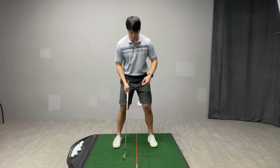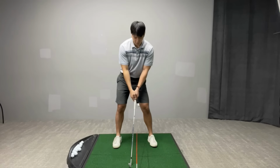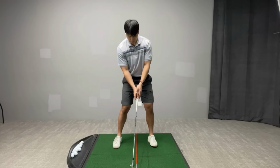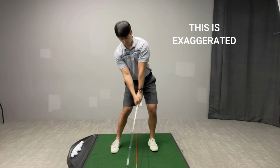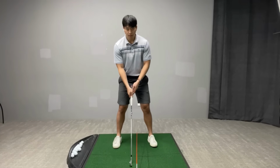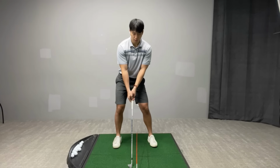Now, if you're already swinging it out to in, and your body is positioned in this manner with the upper body in front, it will feel as though your head is positioned more to the right, while the lead side of your hip is pushed more to the left. A lot of people that I make this adjustment for feel as though there's at least 60%, or a slight majority, of their weight on the lead side, and they feel like they're in this position slightly. Now this is obviously slightly exaggerated,